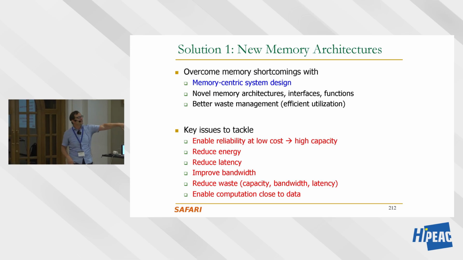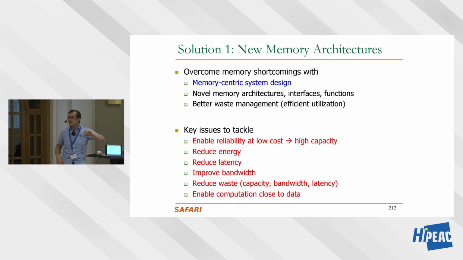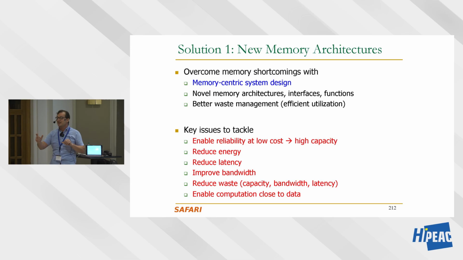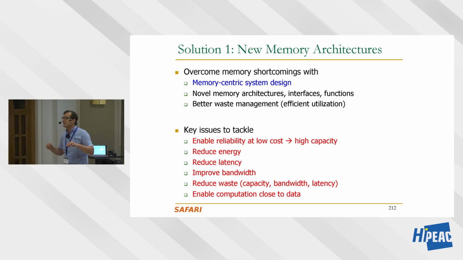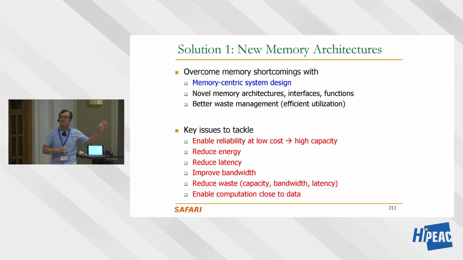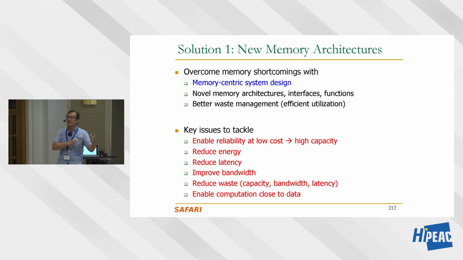How do we reduce waste in terms of capacity, bandwidth, as well as latency? There's actually waste in latency also. We can access memory much faster than we can today, but because there's a lot of margin added to the latencies so that manufacturers can guarantee reliable operation, we're accessing memory at much longer latencies. Again, this is not a topic that I'm going to touch, but by adapting the latency to the temperature and the chip, you can actually reduce a lot of the memory latency.